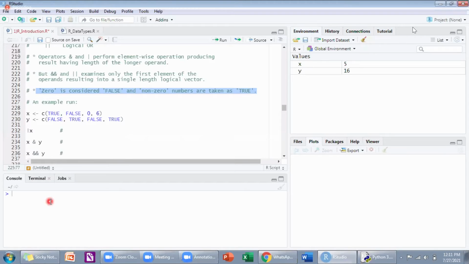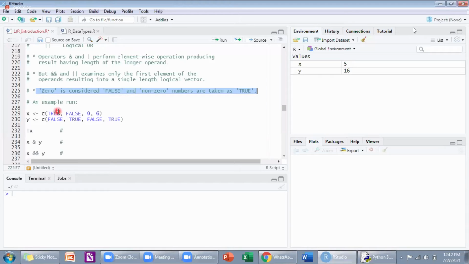Sir, only 0 is considered false. Minus 1 to 3 are all true. Now tell me, what is 4.5? Is it true or false? True, sir. 0.5? True, sir. Minus 2.3? True. Good. Only 0 is false. Let it be a decimal value, integer value, positive value, or negative value, all are considered true.